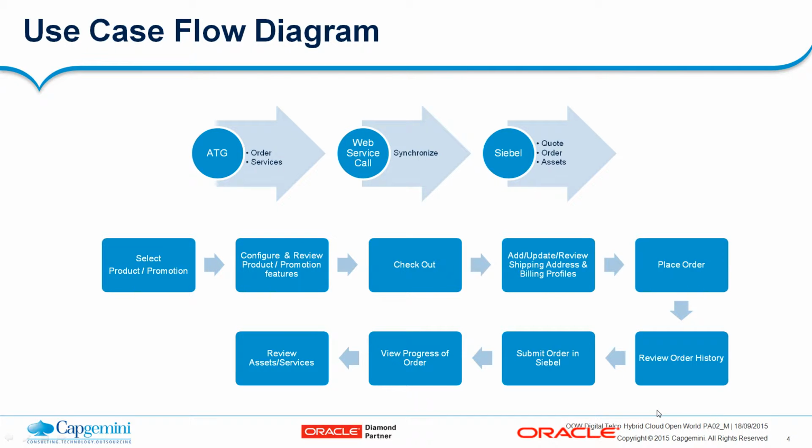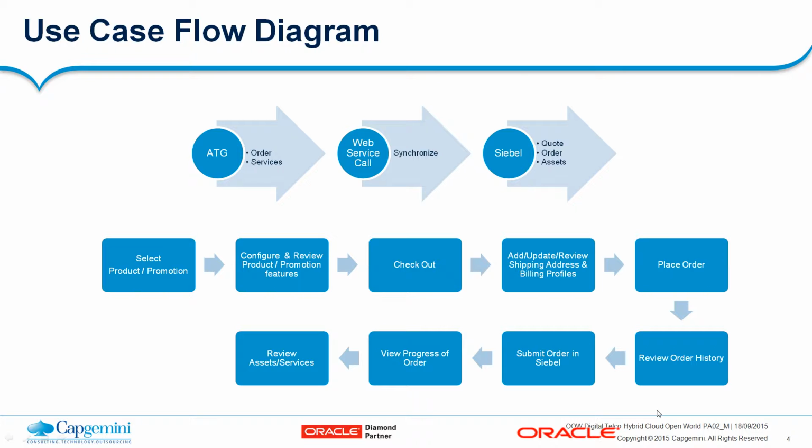Hi all, today we are going to see the demo of ordering from ATG to Siebel via the web service call. So in this, ATG being a web commerce portal, end user navigates to the product catalog after logging in and selects the product with the appropriate configuration, then checks out with adding appropriate addresses and places the order in ATG. As soon as the order is placed in ATG, it will be sent to Siebel via the web service,